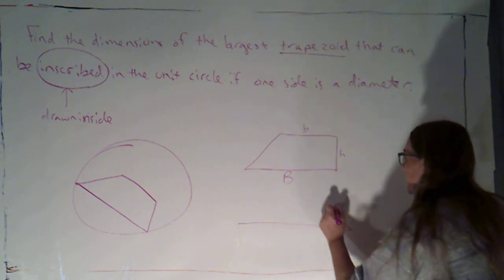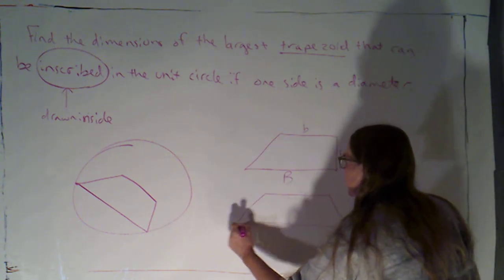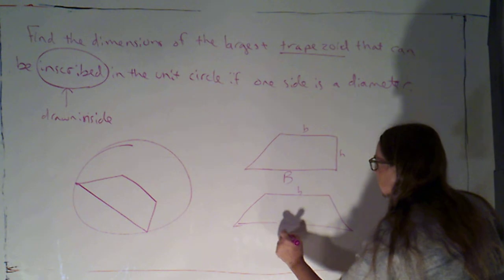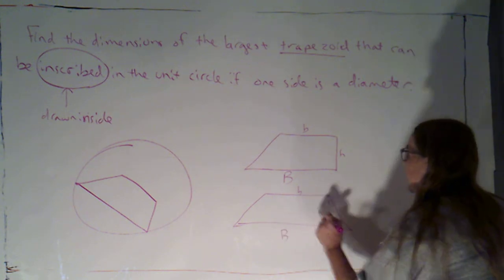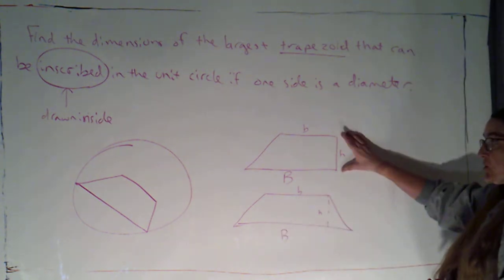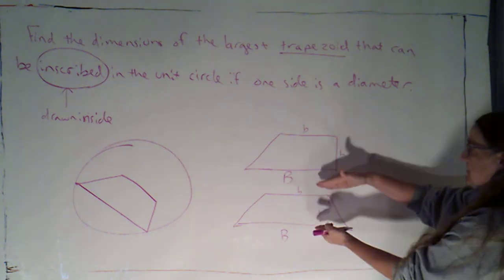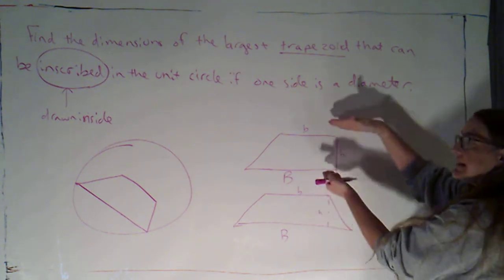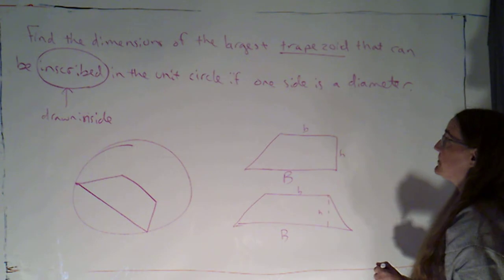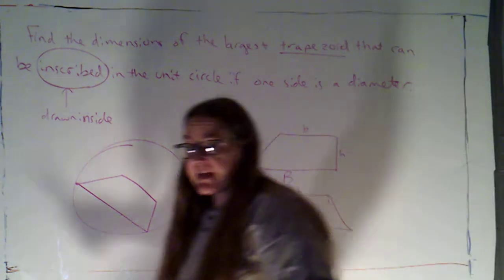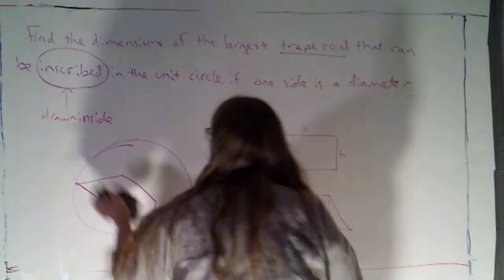Sometimes we'll have what we call a regular trapezoid, where I would have a little base, a bigger base, and a height here. It could be an irregular shape. The important thing is that two of the sides need to be parallel. Okay. So if I take a look at what we're trying to do then,